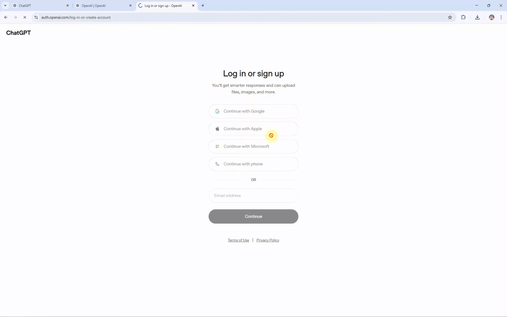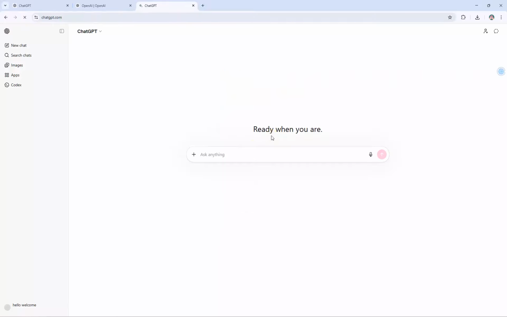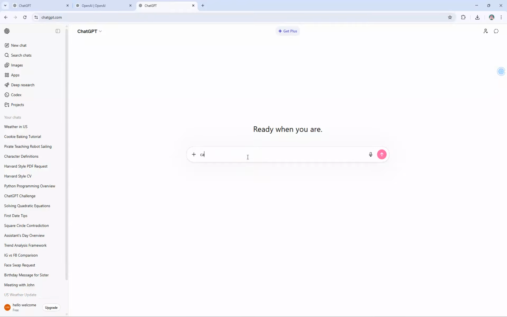You'll need to provide a valid email address and a strong password, then verify your email through the link sent to your inbox. After logging in, you should be directed to the ChatGPT dashboard where you can start interacting with the AI. To start a new chat, simply click on the new chat button, typically found on the left-hand side